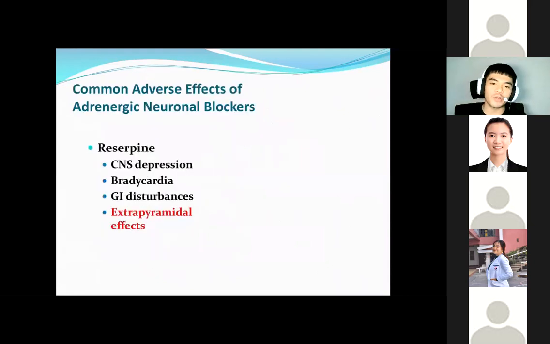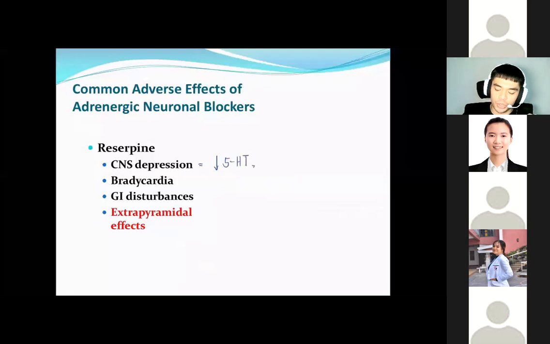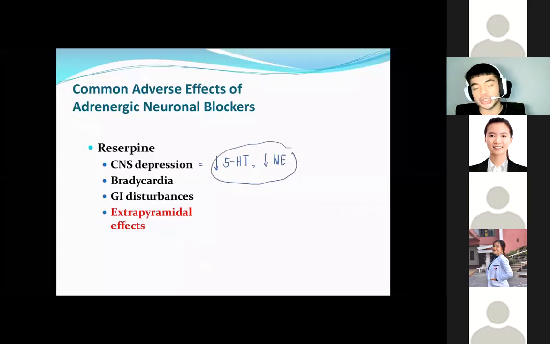Next, what about adverse effects of adrenergic neuronal blockers? Reserpine can cause depression because it can lower serotonin levels, and also norepinephrine levels. These are actually mood regulators. Again, for serotonin and norepinephrine, these are both mood regulators. And it is noted na pag mababa ang mga compounds na to, that could make us sad or depressed, clinically